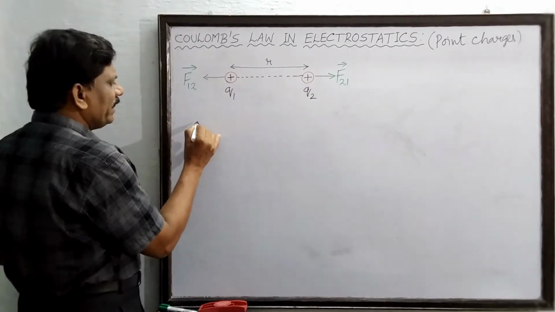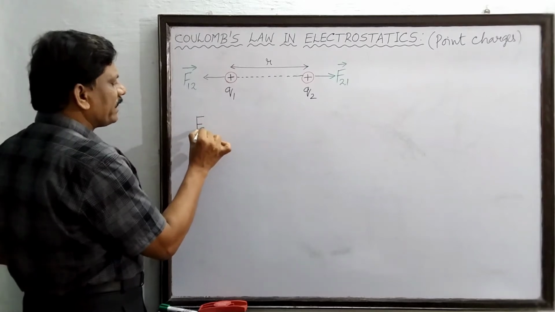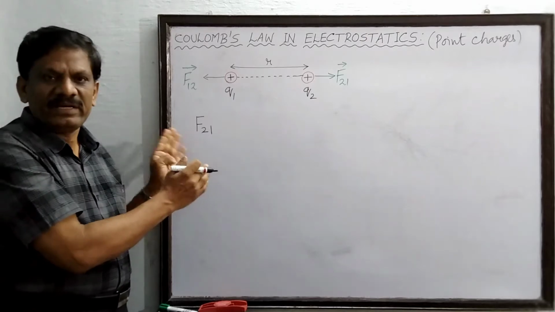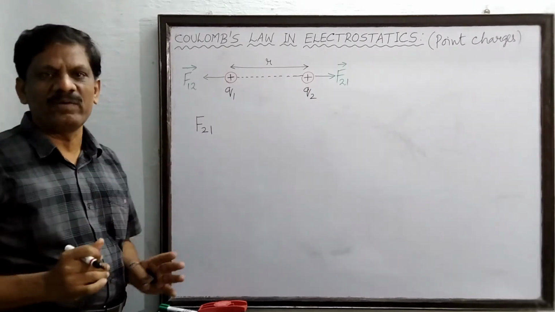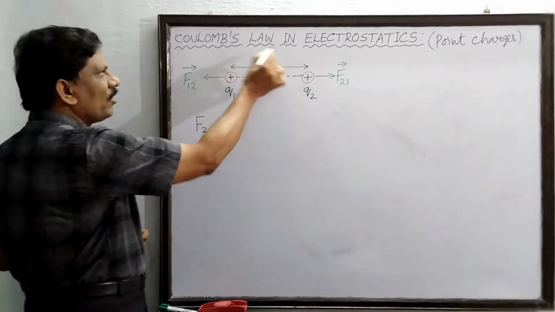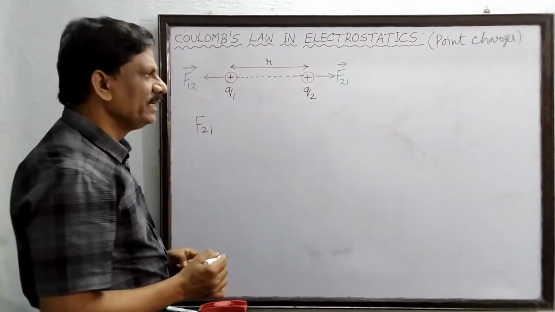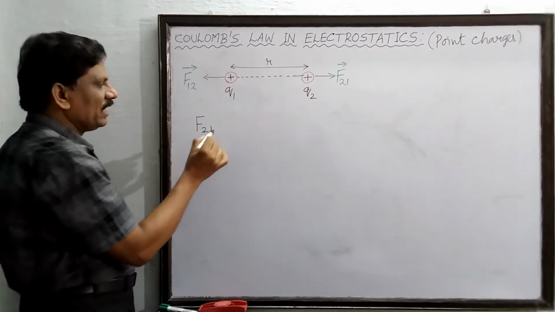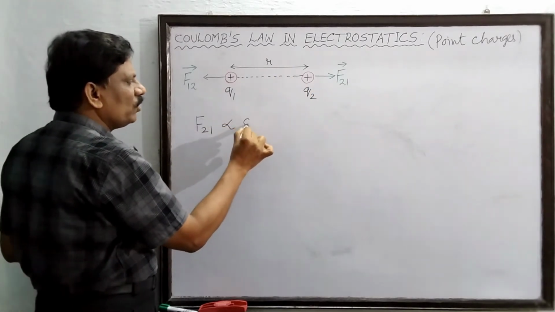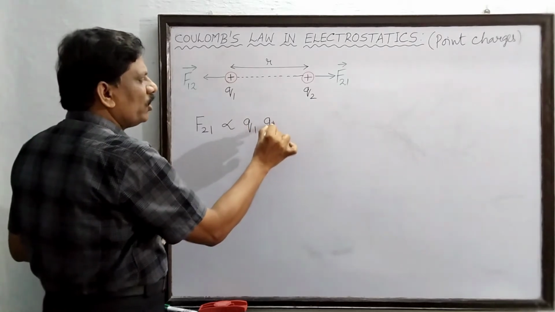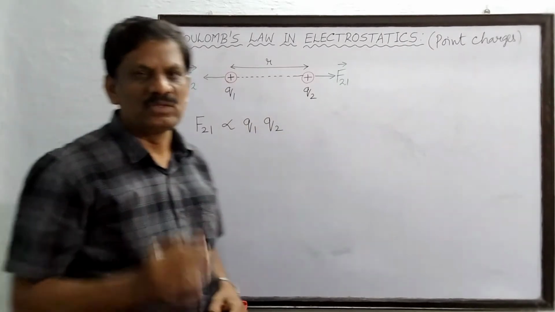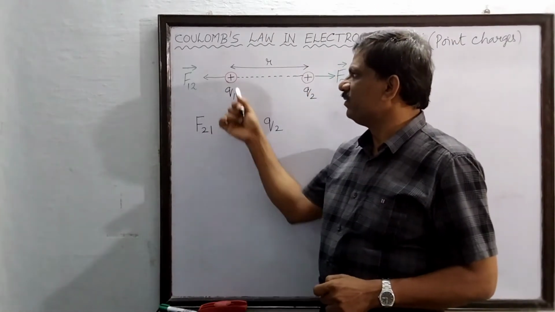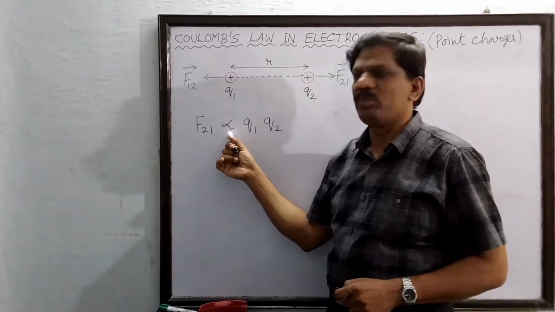Now I will take the force acting on the second charge due to the first charge only by magnitude, leaving the direction; only how much magnitude I want to find out. According to Coulomb's law of electrostatics, this force acting on the second charge due to the first charge is found to be proportional to the product of Q1 and Q2. So the statement of Coulomb's law, first point: the force between any two point charges is directly proportional to